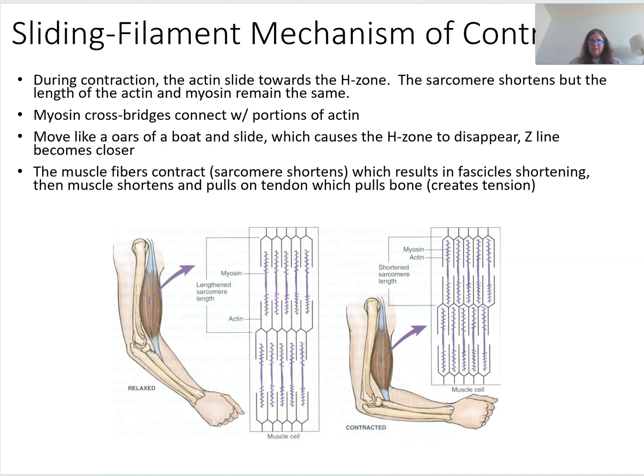And we have to understand this because when muscle contraction occurs, the actin is going to slide towards the H zone. In fact, the actin, or we can say the I band, so all of that actin, moves toward that H zone. So you can see here, if we look at our picture, there's the H zone, just the myosin. It basically disappears because the myosin pulls the actin and it just shortens. Now, the myosin and the actin don't shorten. The sarcomere shortens, kind of like an accordion. It just kind of comes closer together. And when you have hundreds of thousands of them all coming together, then that's going to cause the whole muscle